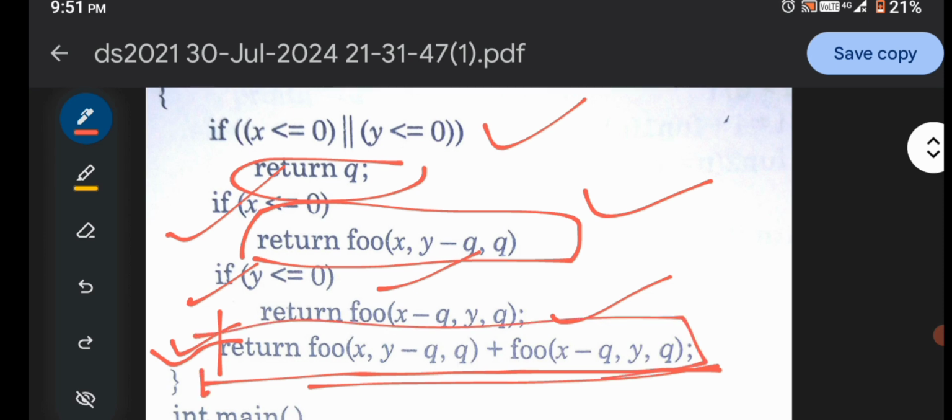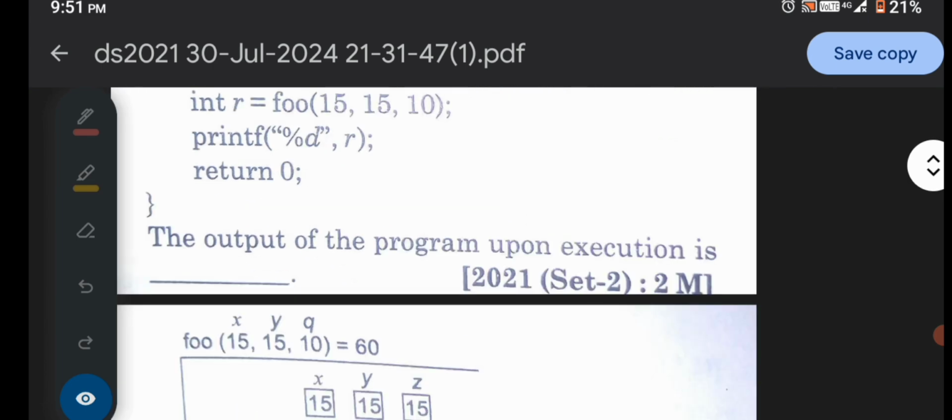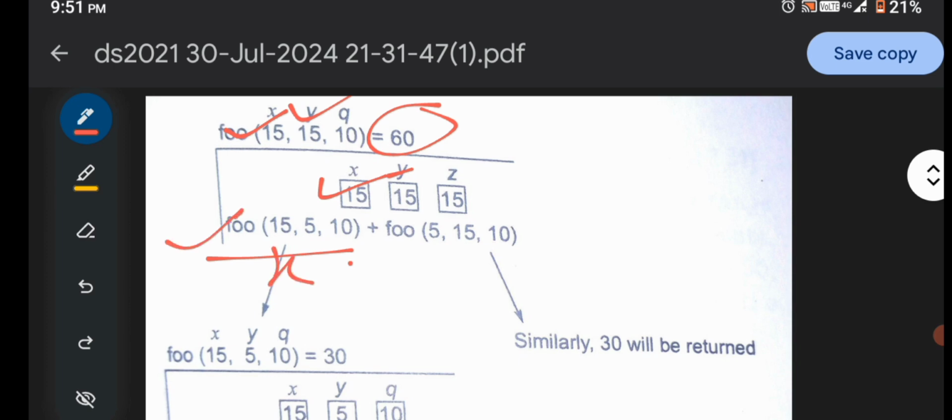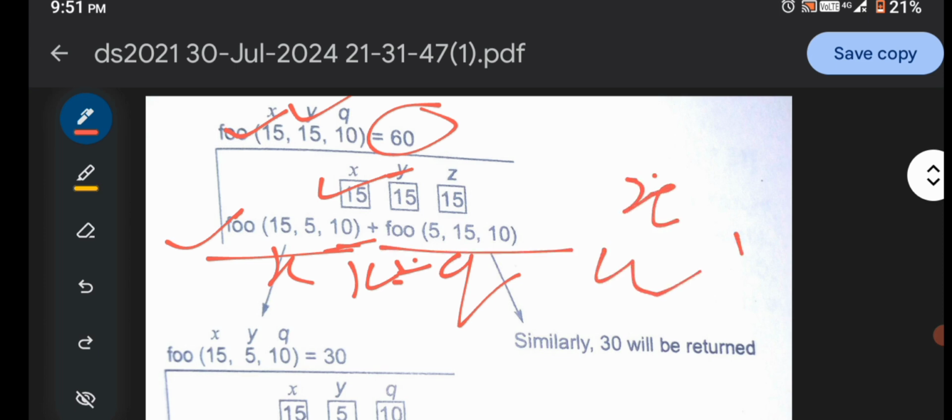Now we come to the solution again. Based on that, we get foo of x, y minus q, and q, and again the same function, foo of x minus q, y, and q.